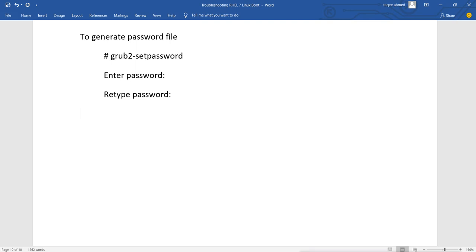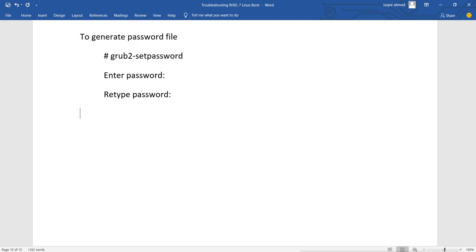So the person who assigned the password for root also did what? He may also have secured the system, and he may also have assigned the password for grub. That means if you lose the password for the root user, you may also have lost the password of grub.